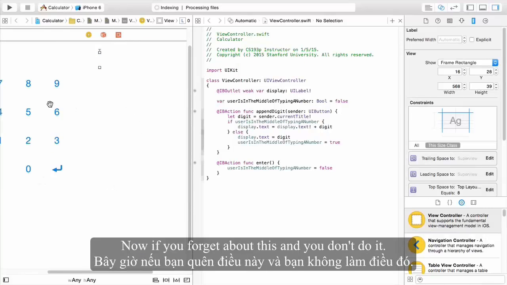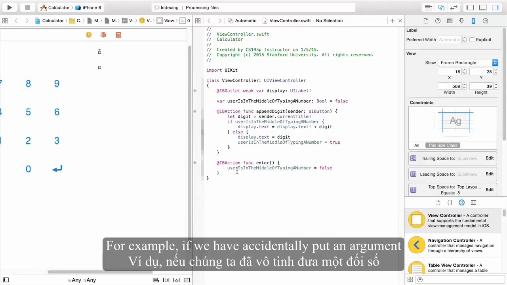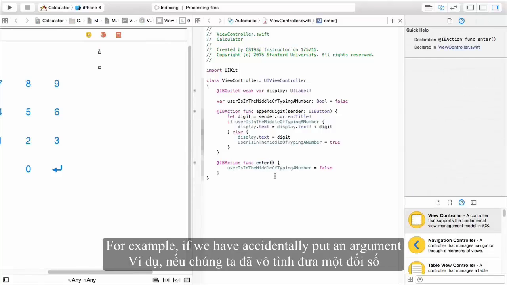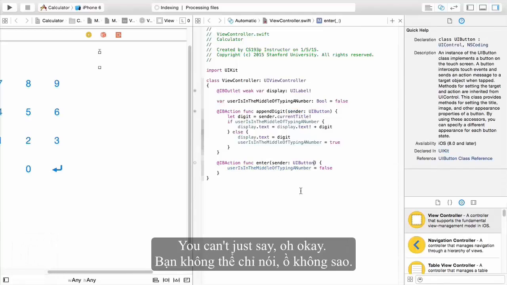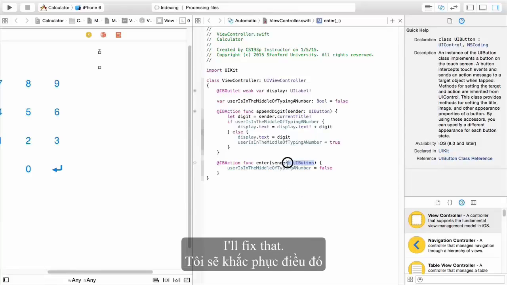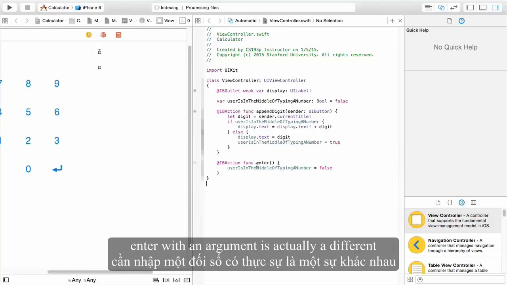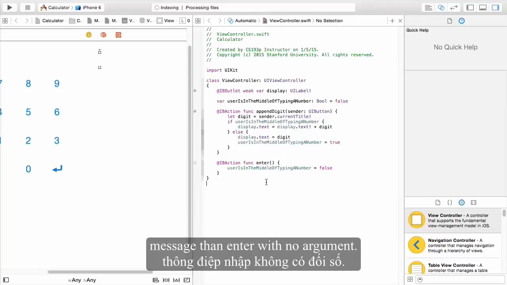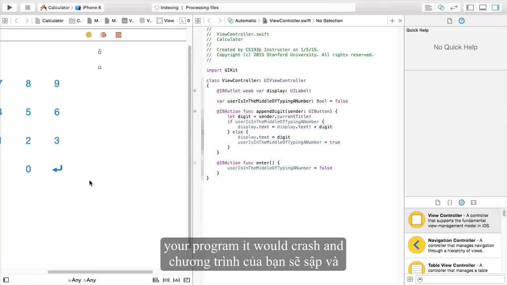Now, if you forget about this and you don't do it, or maybe you have it wired up to something that you changed. For example, if we had accidentally put an argument here to enter, if we had made it do the sending button trick, you can't just say, oh, okay, I'll just delete that, because that would not work, because enter with an argument is actually a different message than enter with no argument. And so if you just deleted that when you run your program, it would crash and it would say